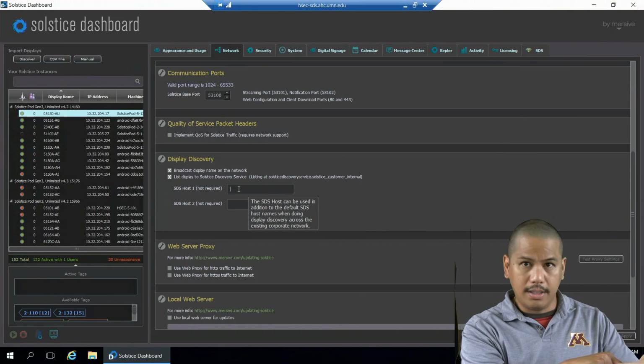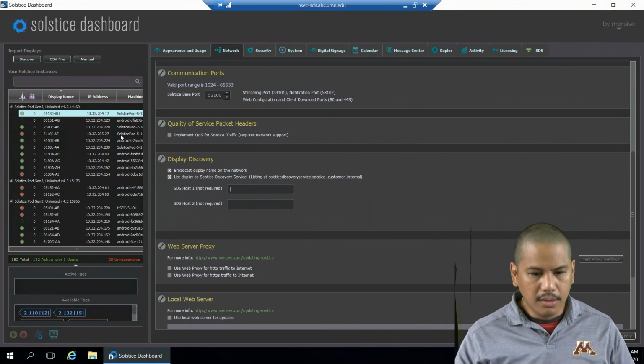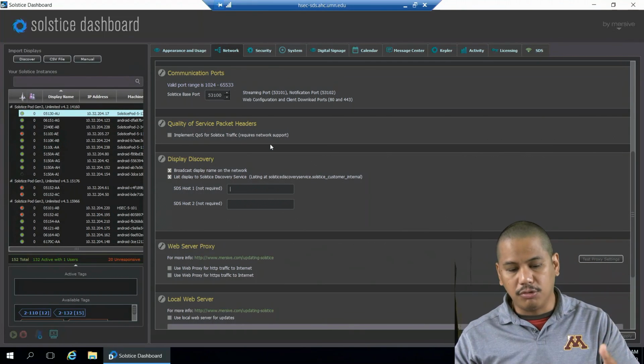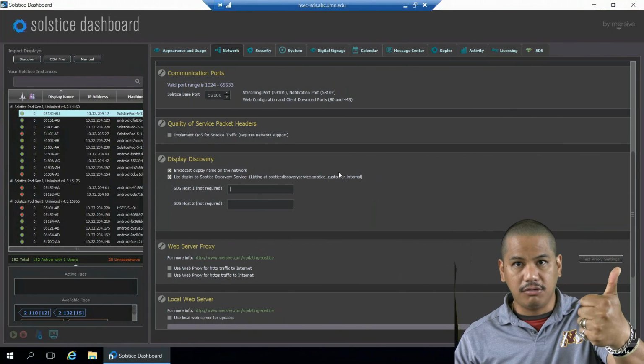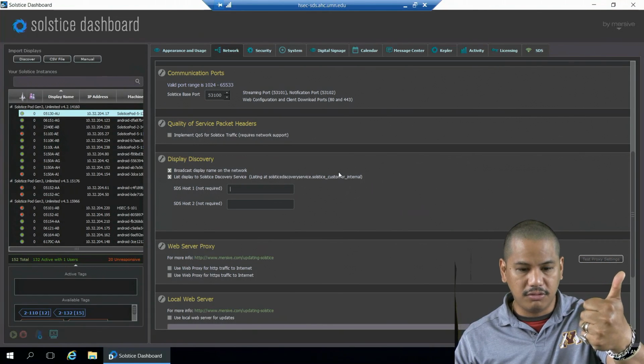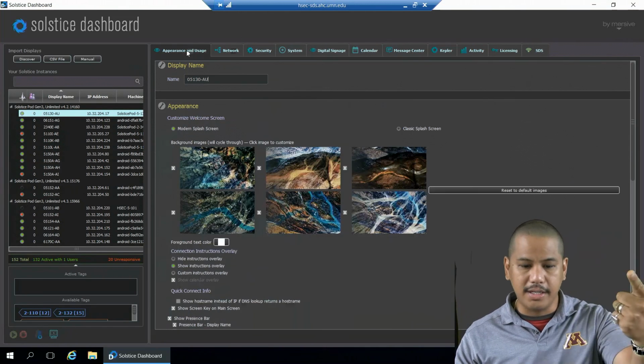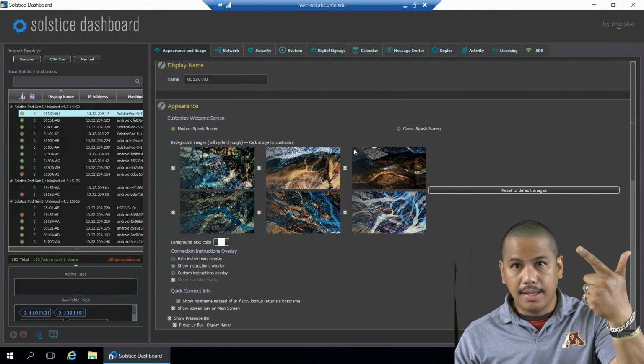Oh, this is the one I want, and selects it. Okay. So while I'm here, I might as well say to you, you're going to want to manage making sure all of your devices are pointed to the Solstice Discovery system. You're going to want to manage name, appearance,